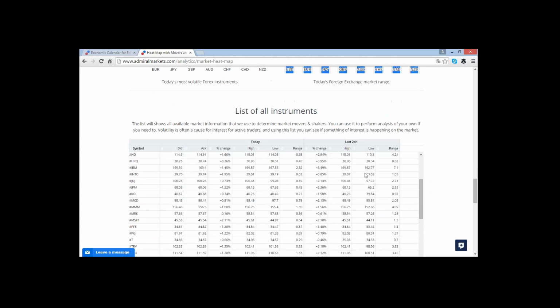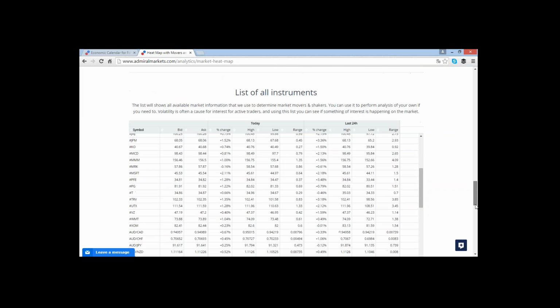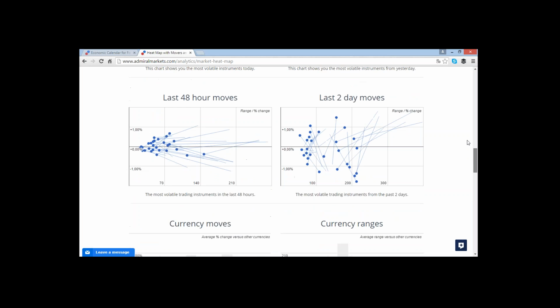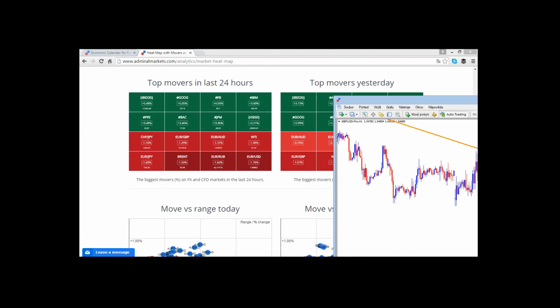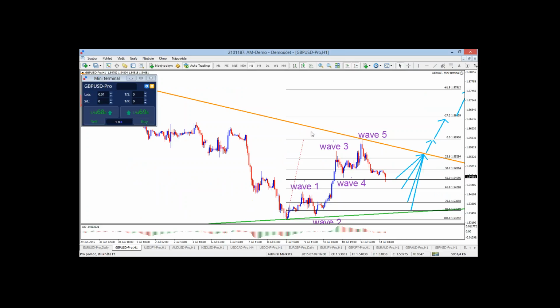there's tons of these charts. If you like charts, and I guess you do because you're looking at forex trading and technical analysis, then this could be a very cool market heat map. All right, we could take a look again another time. Let's take a look